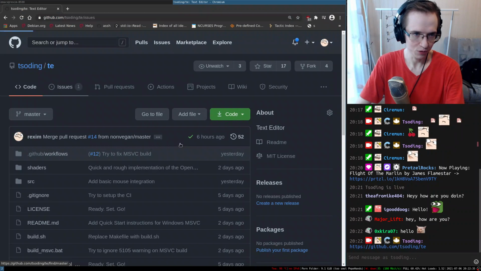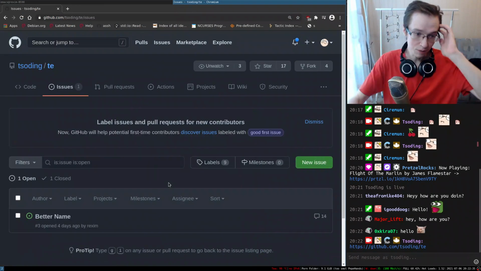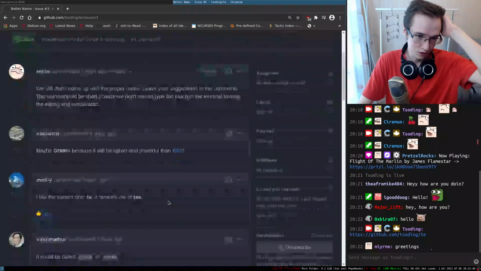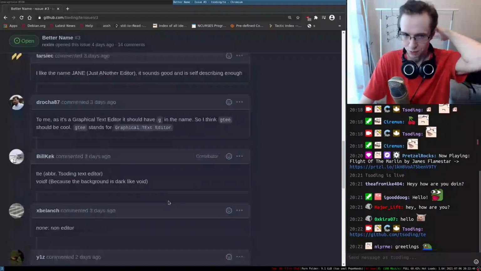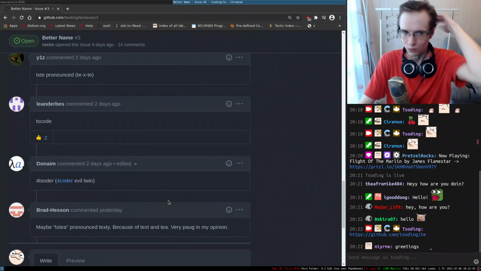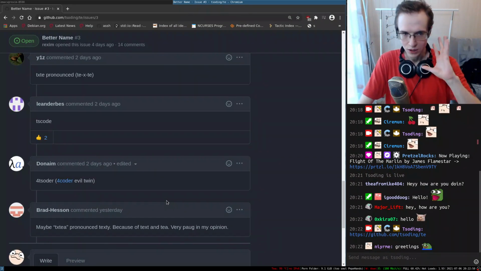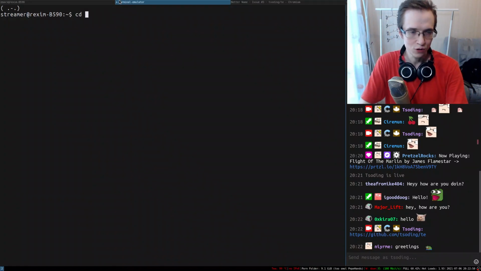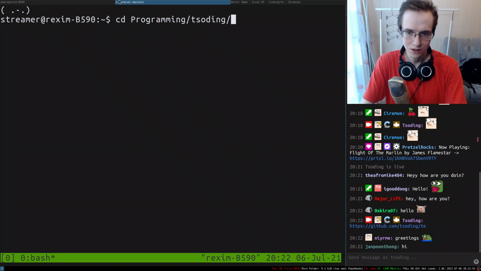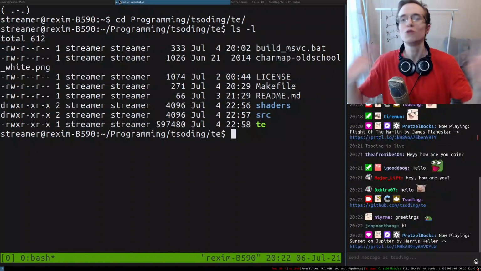For quite some time, we've been trying to come up with a name for this text editor, and people were suggesting different ideas. One idea I really liked: after a certain pull request, we decided that the text editor should be extremely dramatic.